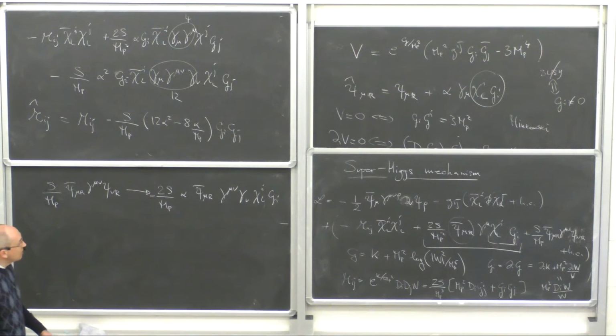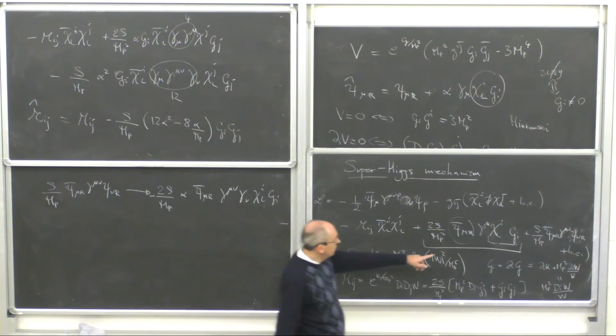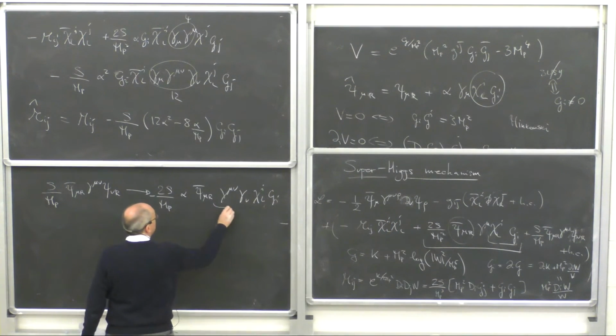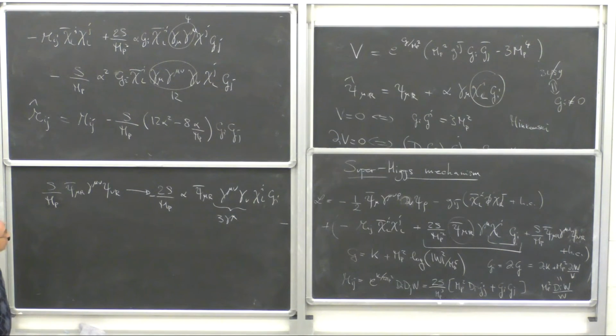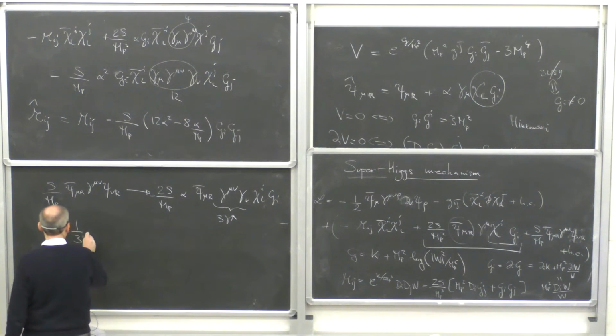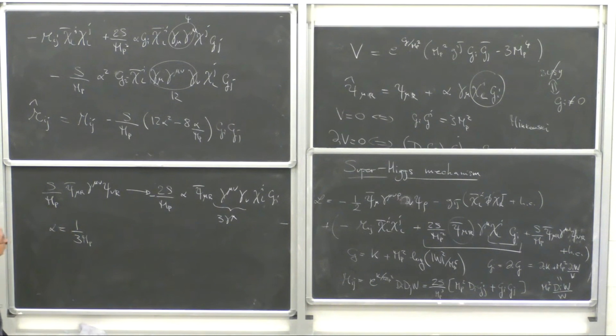And this should cancel this term here. Now this again is gamma algebra. This is just a 3 gamma. And so this tells you that alpha should be 1/3, and actually there is a Planck mass, so it's 1/3 Planck mass. So that everything now goes together, because now if you plug this into the mass matrix up there,